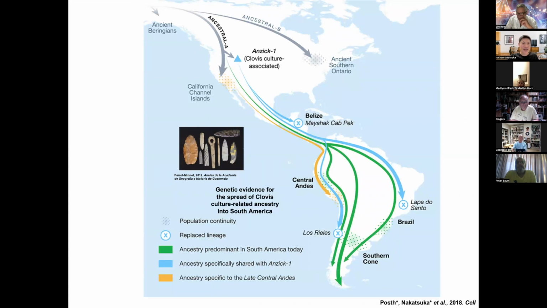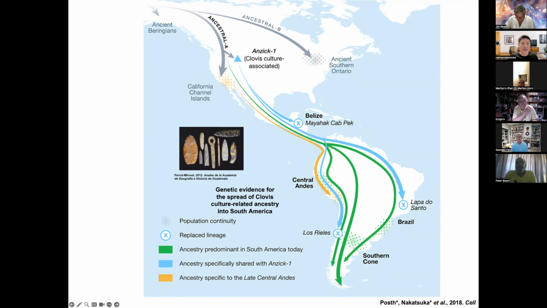And so it shows that ancestry related to this culture is spreading into Central and South America. And this ancestry is then mostly replaced throughout South America, which is really interesting, and suggests that there's an additional wave of ancestry that's kind of replacing a lot of this ancestry. We searched for additional genetic exchanges between North and South America, and there's another genetic exchange in the Central Andes